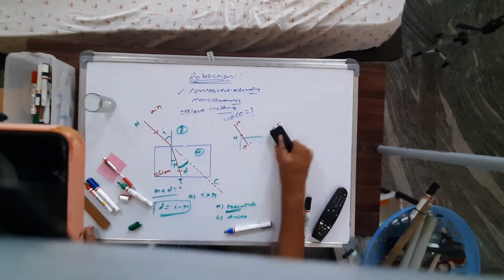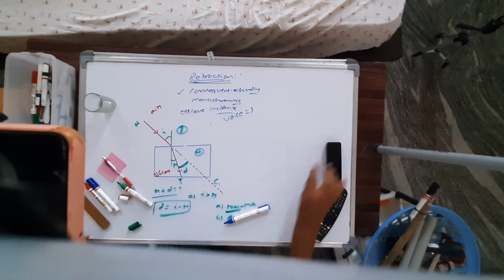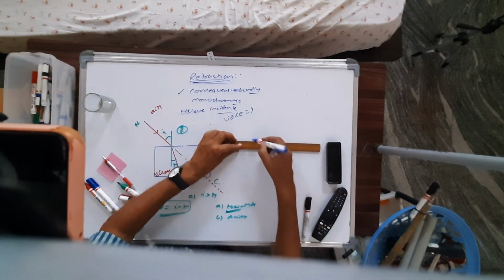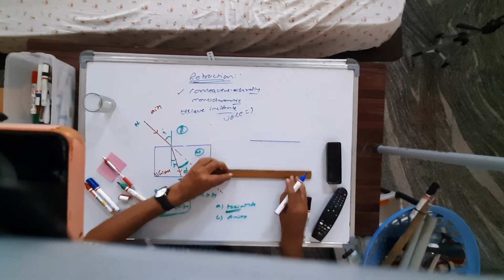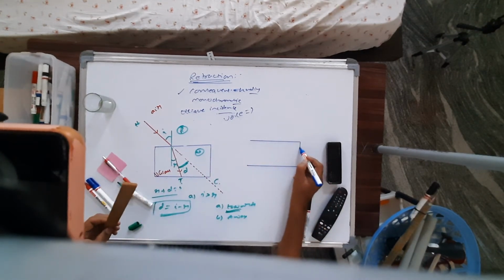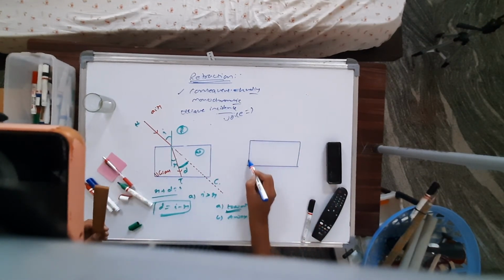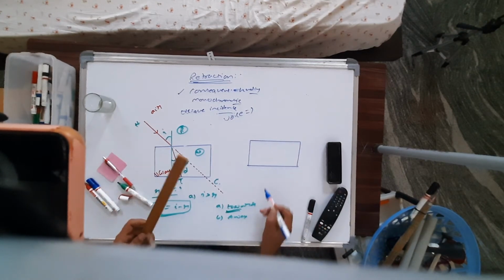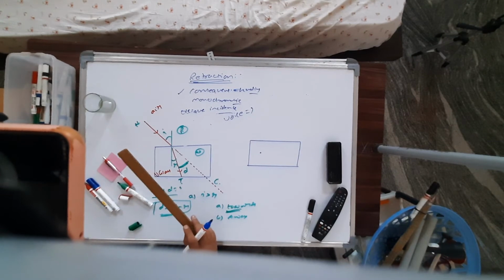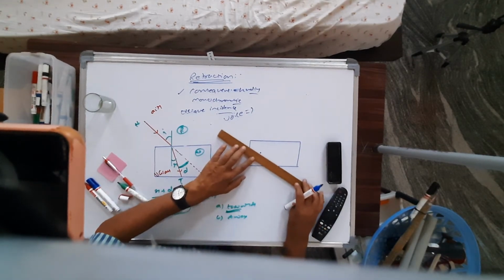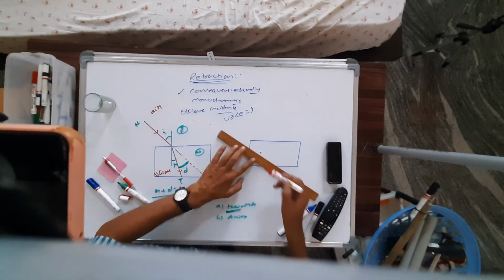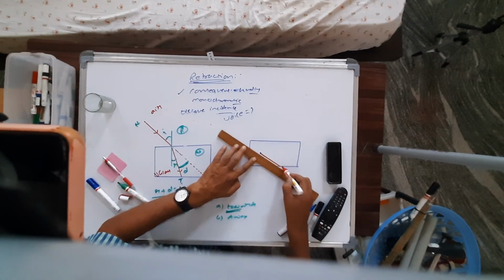Okay, now you consider the next one. The second one is, let a ray of light travel from denser to rarer. What does it mean? Denser to rarer means, imagine that here there is a glass slab. Now the light ray starts from the glass slab. Let the ray of light travel like this. I will take red color ray only. See, this should have come straight.